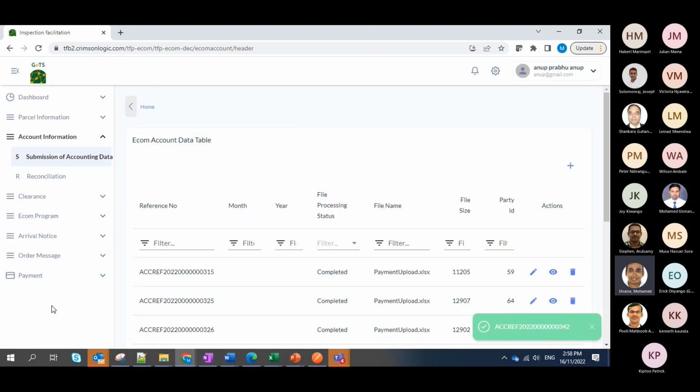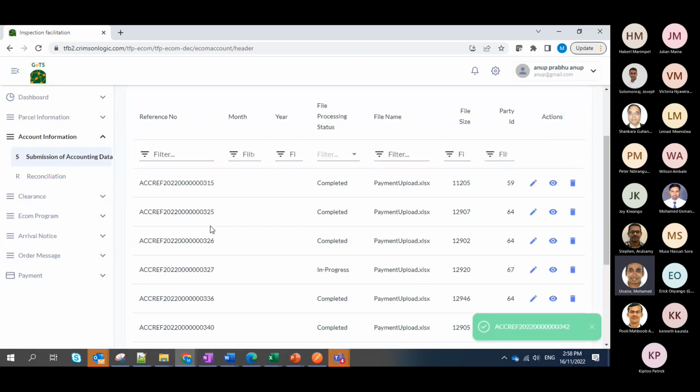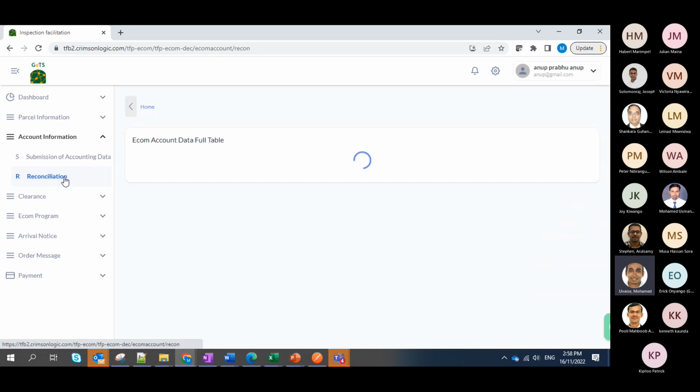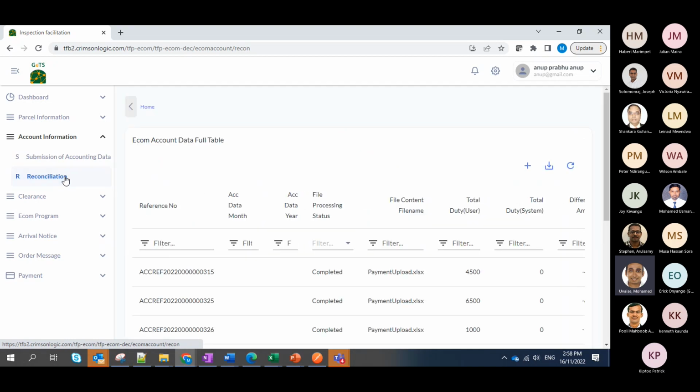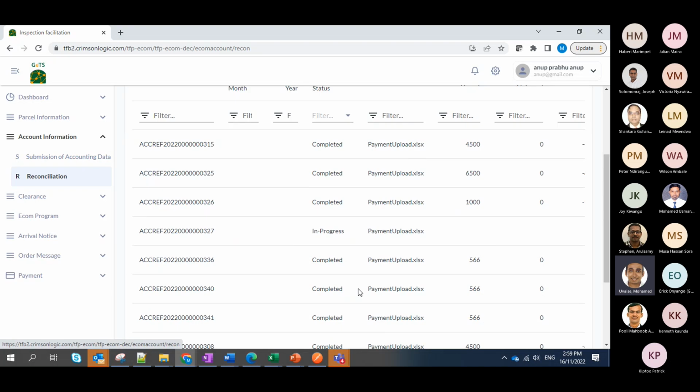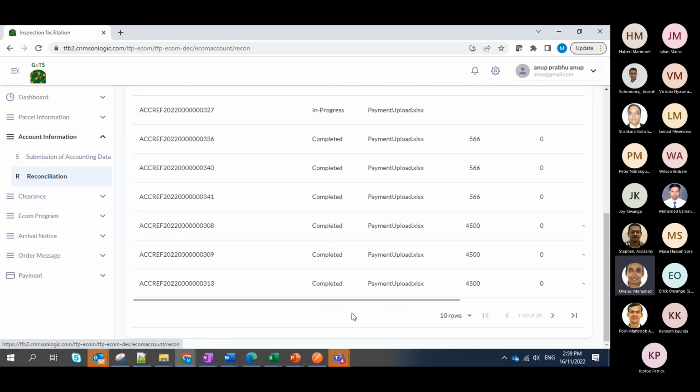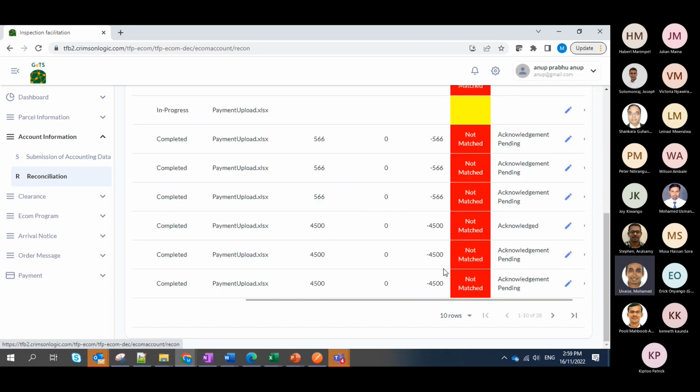The system would then process the information, and it would go into a reconciliation process. Whatever parcels have been submitted earlier would be reconciled with the information submitted in the accounting data, and all the reconciliation that needs to happen is flagged here.